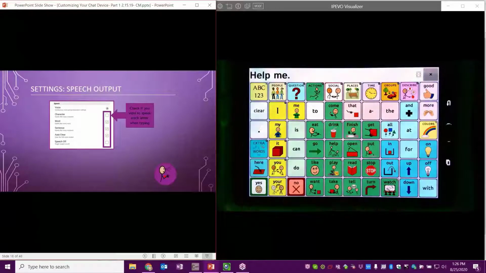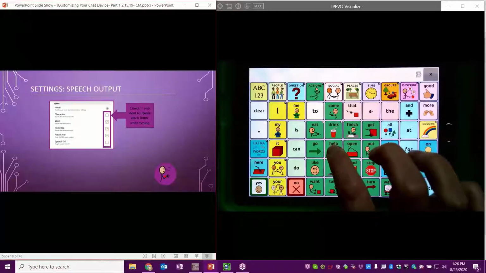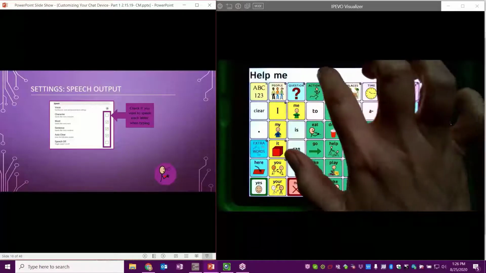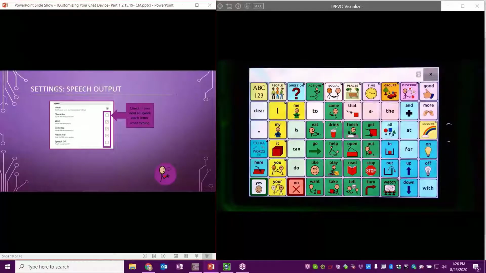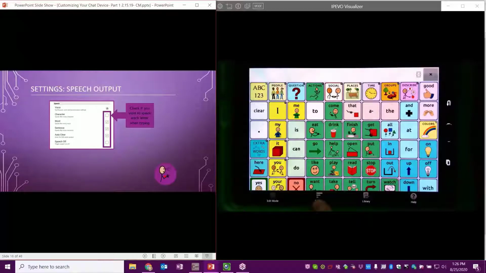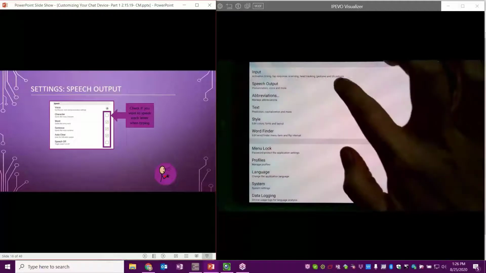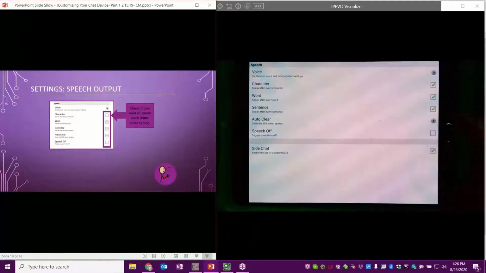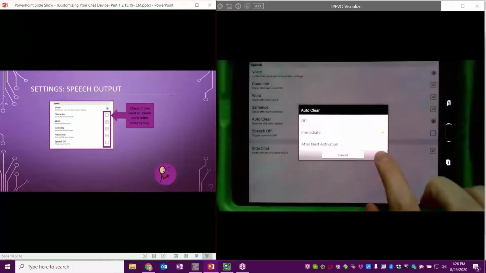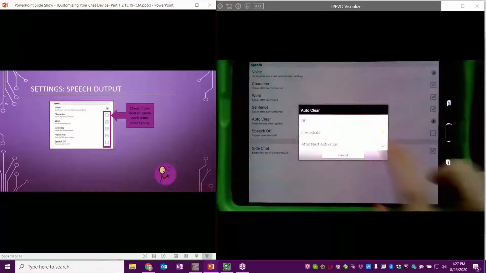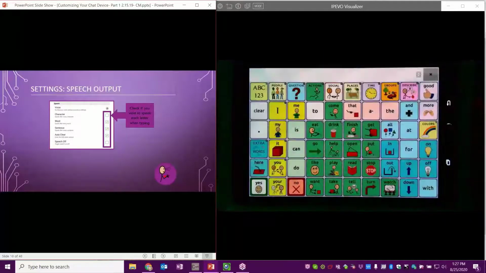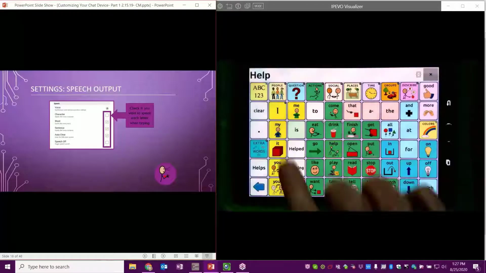"Help me." You see how when I put in that grammar, it went in and erased my message. The same thing will happen if I touch that speech display bar. So once I make it speak that whole message, it's immediately going to erase the message. What most of my teams have their devices set to is, instead of off or immediate, this after next activation. Because what the after next activation does is